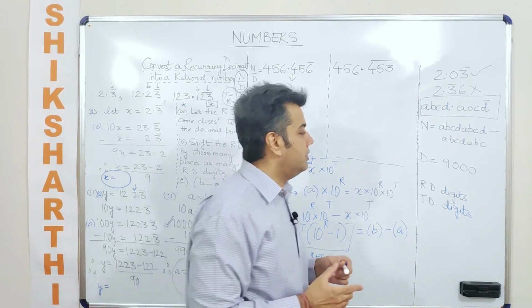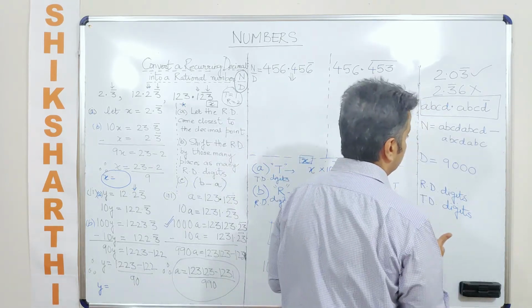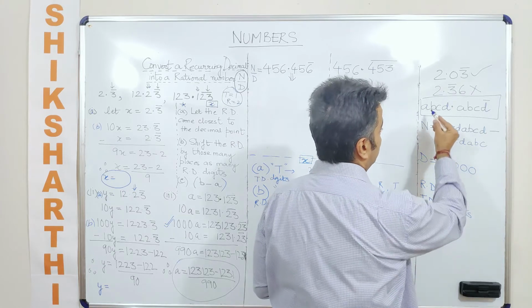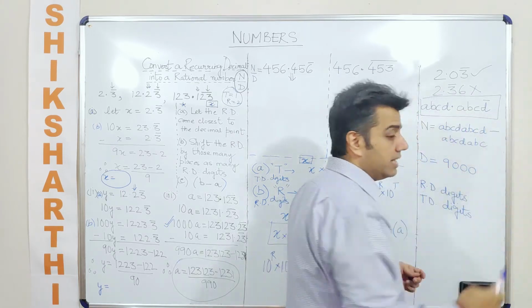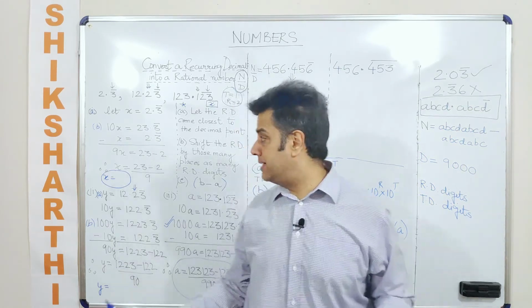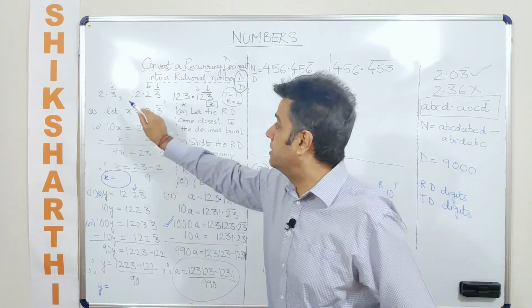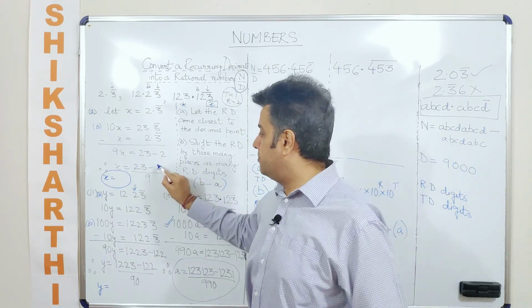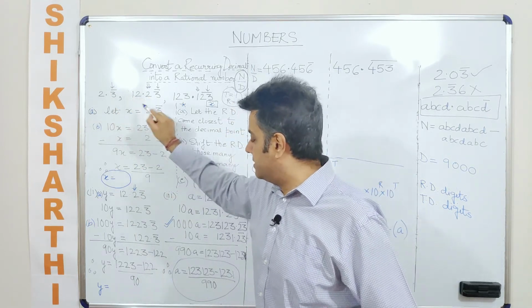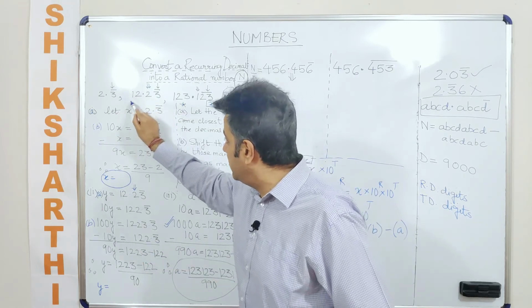Right? Once this has been given to you, now what am I supposed to do? You are supposed to take the number as it is. Forget the decimal point in between and take the number as it is. If you see here, what did we get in the numerator finally? We got 23 minus 2. So take the number as it is. In all these examples, take the number as it is.